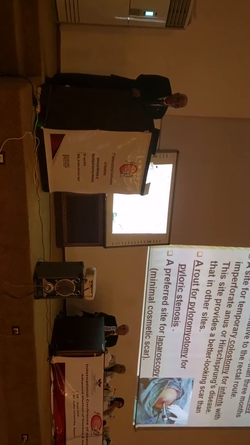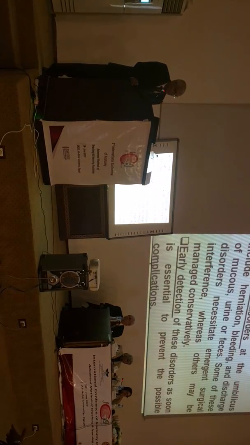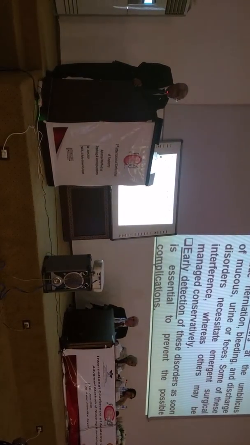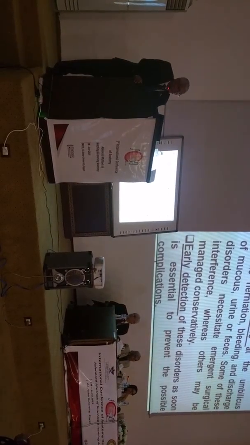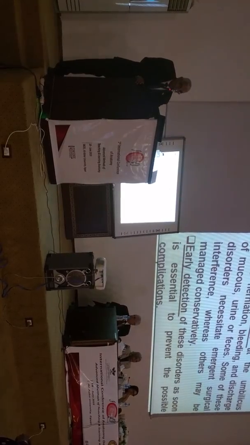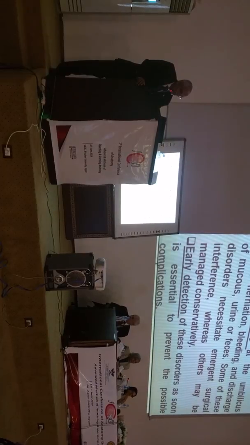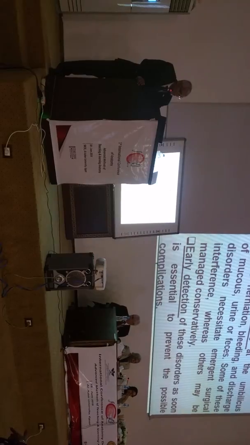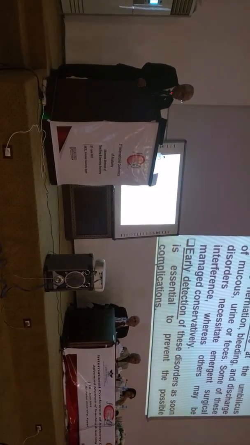This is the clinical use for the region of the umbilicus. Conclusion. The umbilicus is one of the strategic points in newborns that must be checked after assessing the vital signs. It could be considered a mirror of the abdomen in newborns. Congenital disorders at the umbilicus include, as we said, herniation, bleeding, and discharge of mucus, urine, or feces. Some of these disorders necessitate emergency